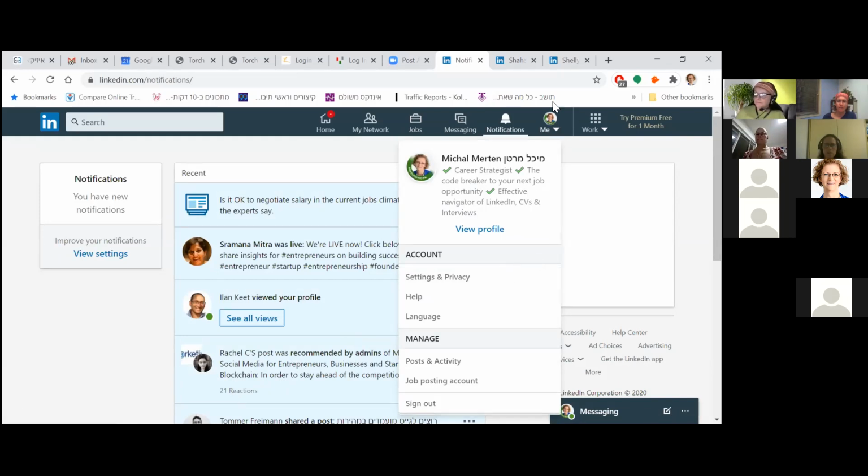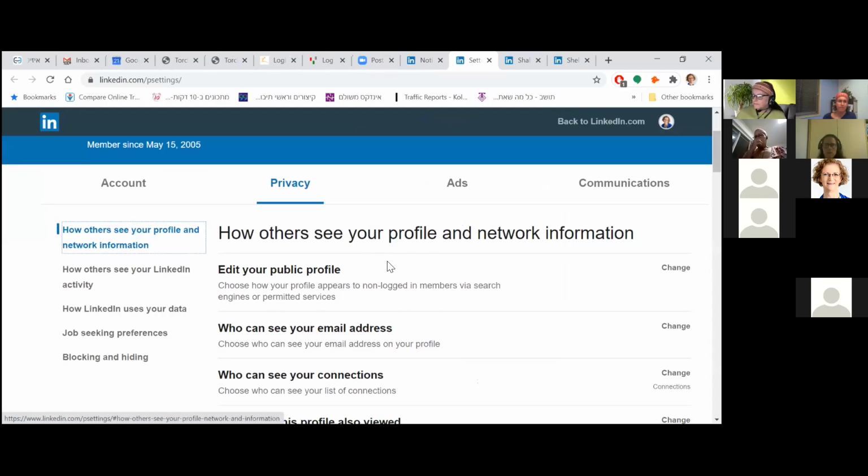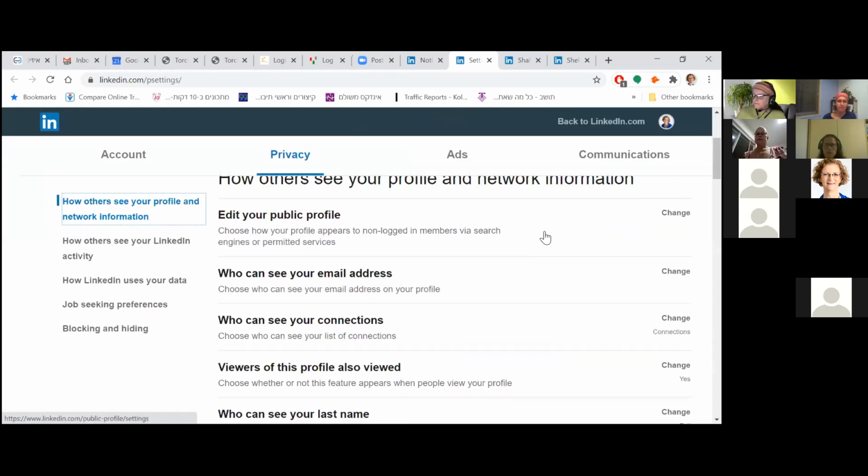by clicking on the me icon, you can go to settings and privacy, and you can decide how others see your profile and your network information. You can change that anytime. Sometimes if we are employed, we don't necessarily want others to see that we've viewed their profile, or if we are preparing for an interview and want to know more about the person that is going to interview us, we do some research. So again, we don't always want them to know that we went into the profile. So you can choose